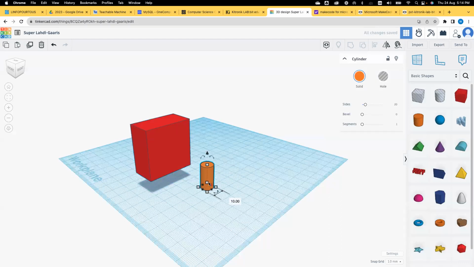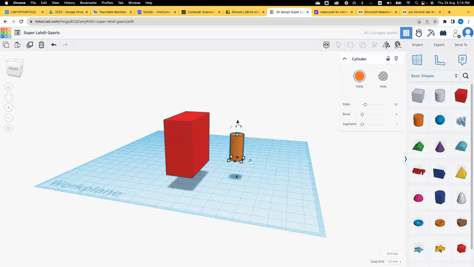Okay, so I start raising this one by 15, let's say. Okay, and then I will turn it by 90 degrees. I will slide it, and as you can see, it's